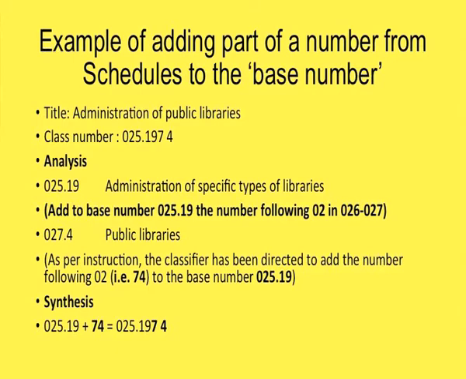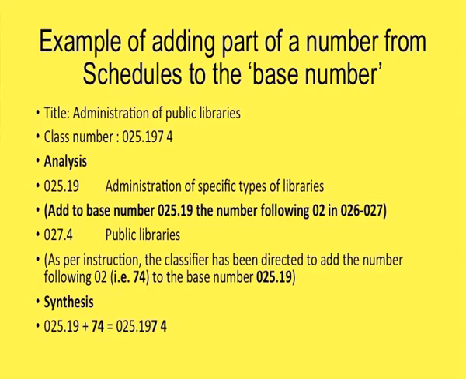The base number of this subject dealt with in this book is Administration of Specific Types of Libraries, which is 025.19. And under this entry, we find an instruction that says add to base number 025.19 the number following 02